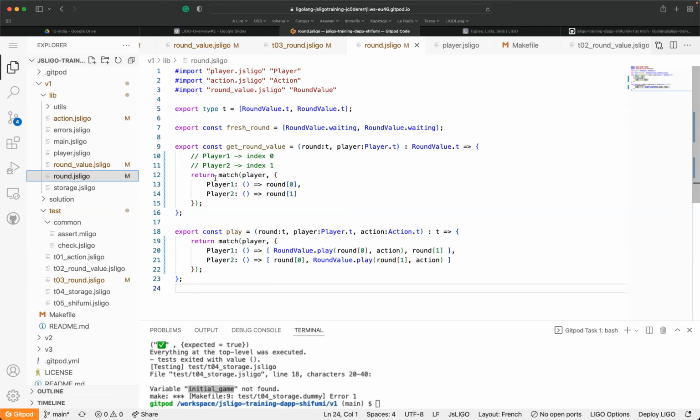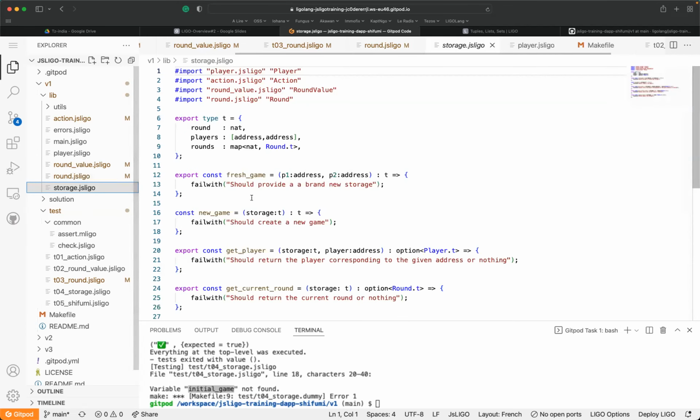And the last fine-grained type, which is the action itself, which is the scissor, paper, or stone. So then after, we have to design the store. If you remember, the storage is the data, the information which is stored in the blockchain and retrieved and sent back to the contract once we would like to do a transaction. So we are going to define the storage here.